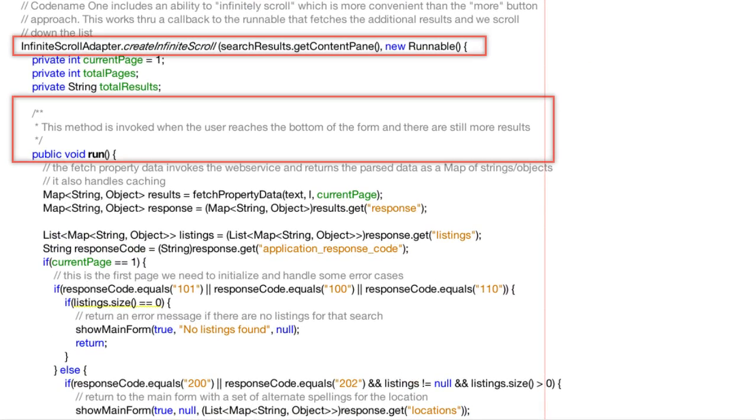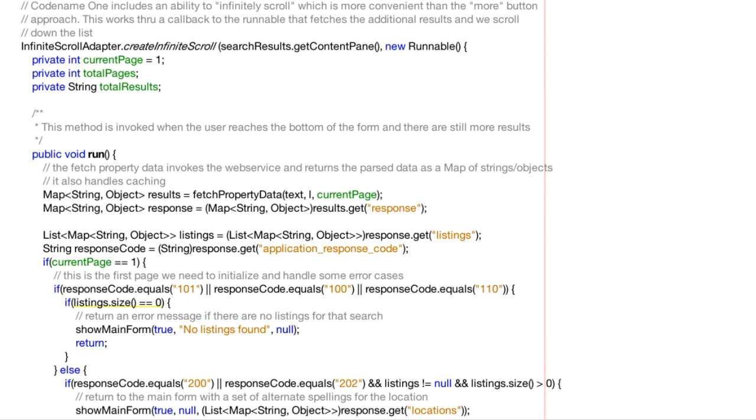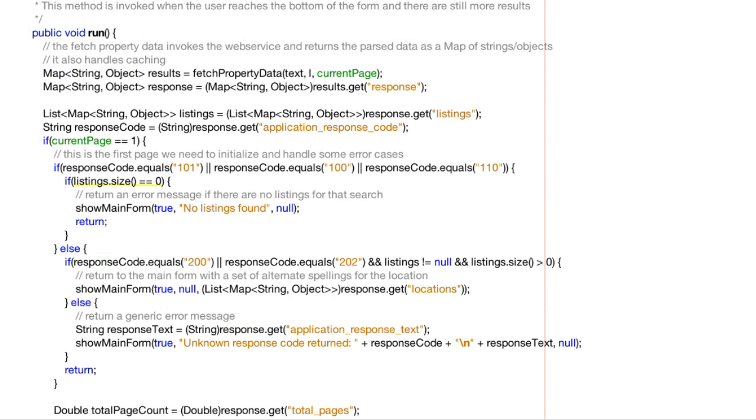The infinite scroll adapter provides us with a callback when a container reaches the end of the scrolling area. It then allows us to fetch more elements so we can keep scrolling or indicate that scrolling reached the end. In the run callback for the infinite scroll, we fetch more elements using the method